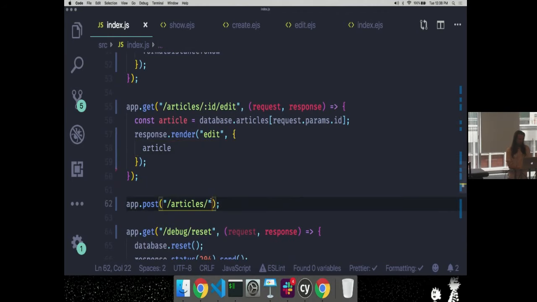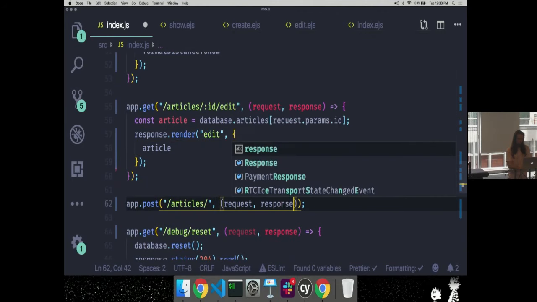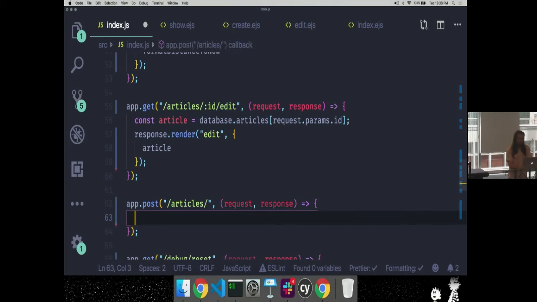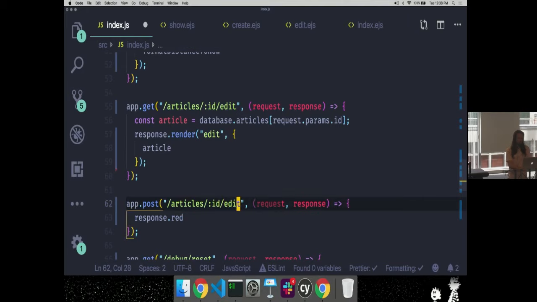Our post /articles/:id/edit request, response. And what this will do is redirect.